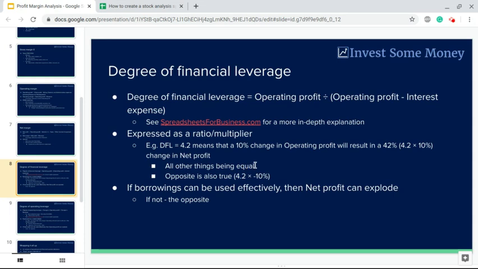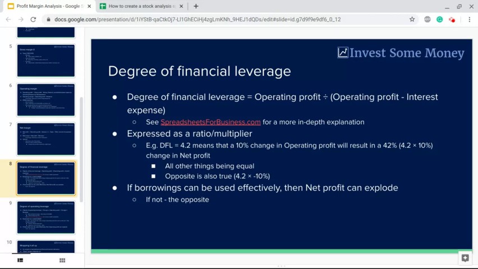Okay, and this is all other things being equal. Right, you've got to keep that in mind. This is a concept more than an out-and-out, hard and fast rule. It's true, as you'll see on the worksheets here, but a lot of other things change over the course of quarters and years with companies that you might analyze. The revenue will change, fixed costs will change despite their name, variable costs, blah blah blah. So don't,